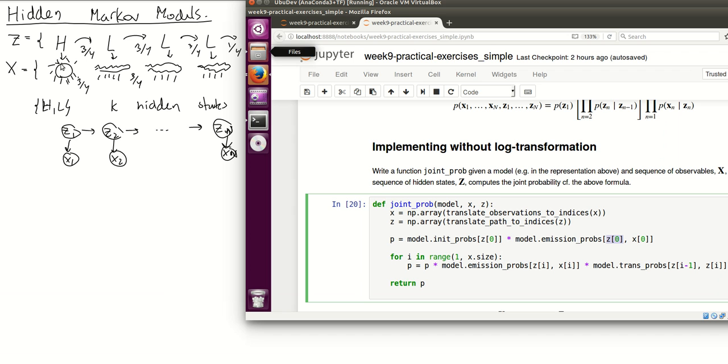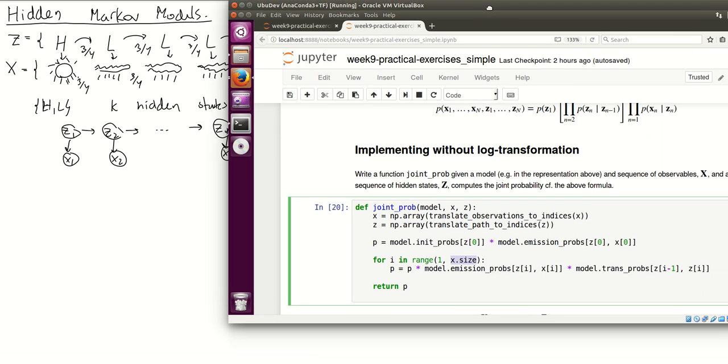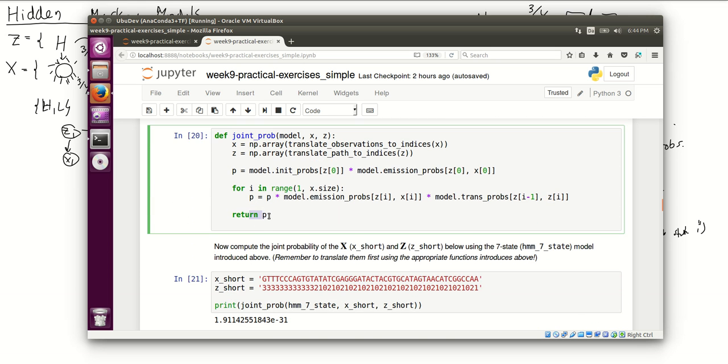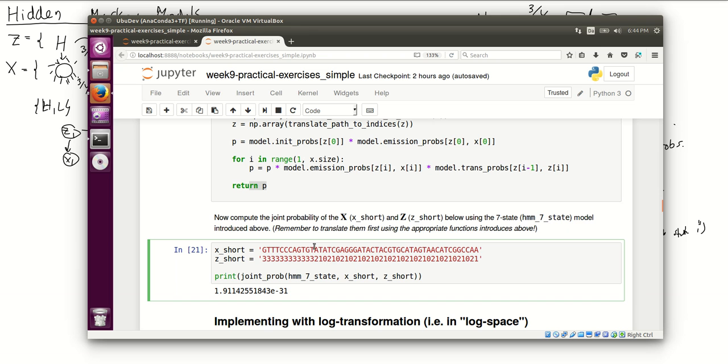Great. So this will be the probability of this part up here, and then we'll loop through all the observables and multiply in the same thing, but with the emission probability of emitting the ith symbol given the ith state, and the transition probability for going from state zi minus 1 to zi. Great. And then we'll return the probability in the end. So this is just an example, and it might not make that much sense to you if I run this. If you do the exercises, then this is the answer you should